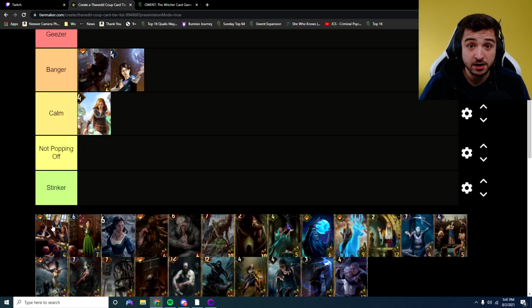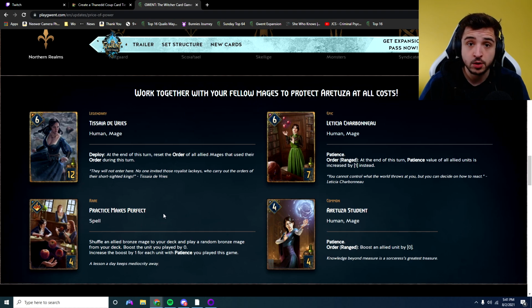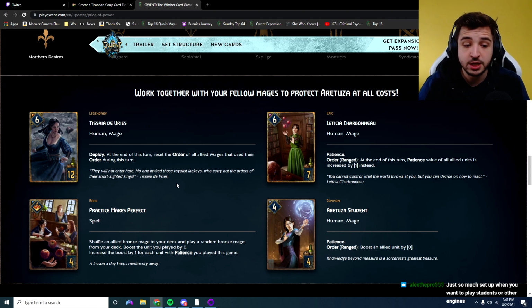Alright, up next, the other 4 provision card, Practice Makes Perfect. So it's a spell card, so it's going to work with Alza, obviously Spell Weavers as well. Gain a charge whenever you play a Mage or a Spell Weaver. This is going to be triggering them twice, 3 times if played off Triss Telekinesis. And what this card does is it shuffles a Bronze Mage to your deck and play a random Bronze Mage from your deck. Boost the unit you played by 0, but increase the boost by 1 for each Patience unit